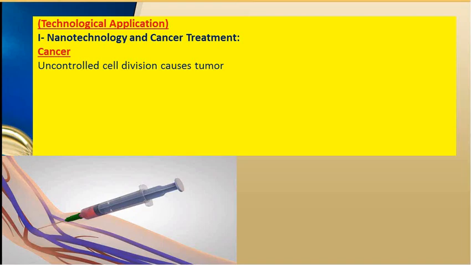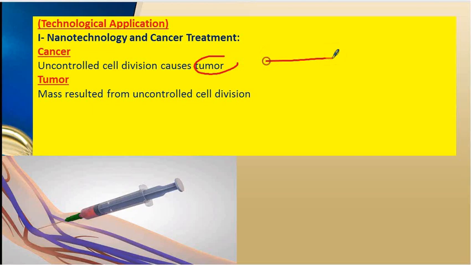Tumor means that part of your body grows in an improper way. So you'll find a tumor in your hand, for example, or other parts of the body. So a tumor is a mass resulting from uncontrolled cell division. For example, this is your hand. Suddenly you'll find that part of your hand grows up